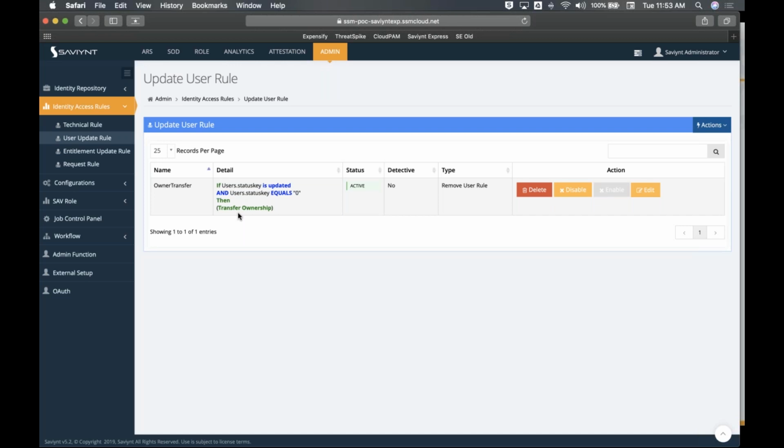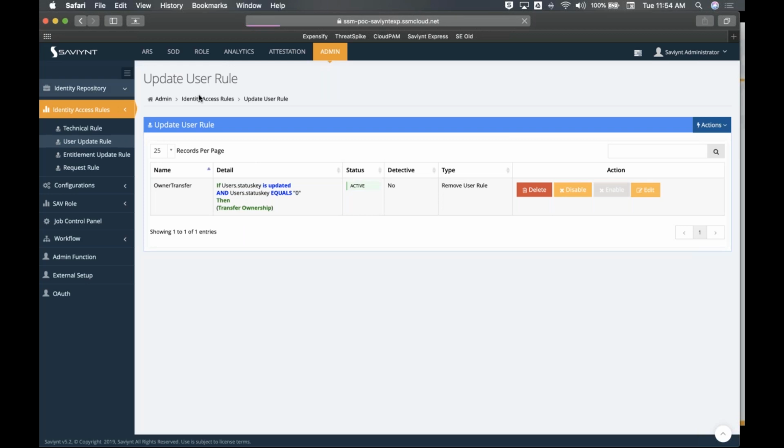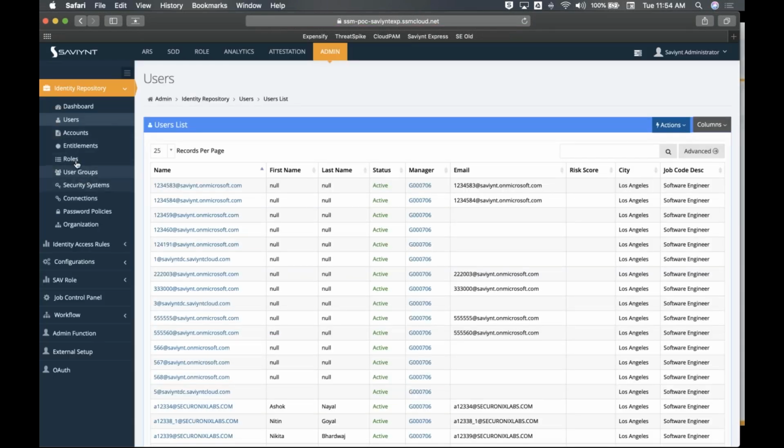You could say if somebody leaves, it's always going to be their manager. But you can also, for an individual group, set up different levels of who might be responsible for what. Somebody might be responsible for approving a group. Somebody might be responsible for certifying a group. So if I wanted to go and actually examine a group,